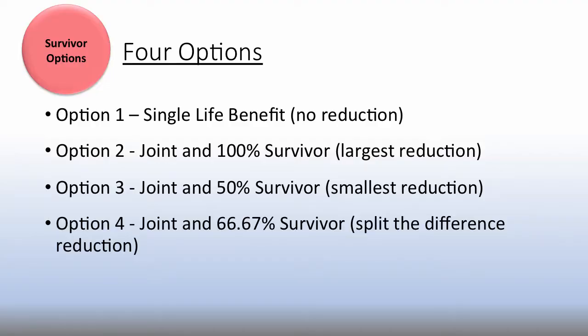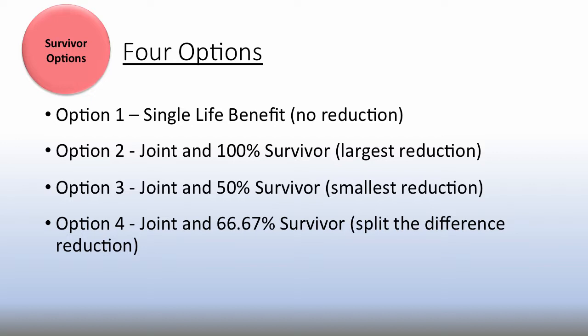All right, so there are 4 options when we talk about survivor options. There's option 1, 2, 3, and 4. So there's the single life benefit, which has no reduction. You also hear that as the base calculation, the standard retirement, normal retirement. That's the calculation we just looked at. That is just the straightforward, here is my benefit. If you select option 1, that means I'm going to get the highest level of benefit you can get. I get it every month for my life, but when I die, benefits stop. They don't continue on to anybody else other than, say, for the repayment process.